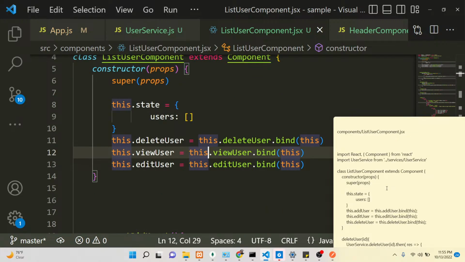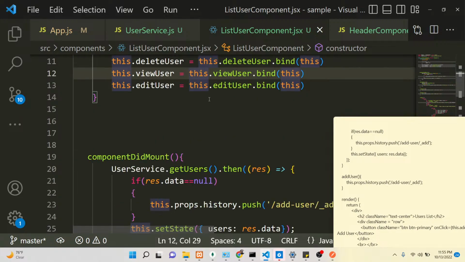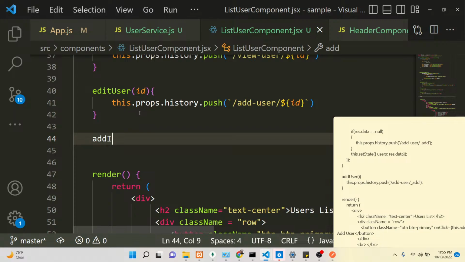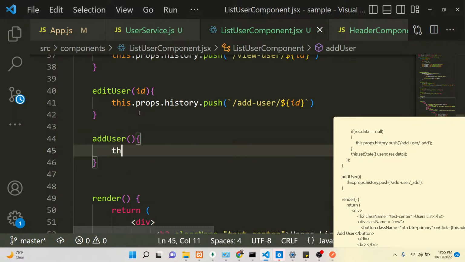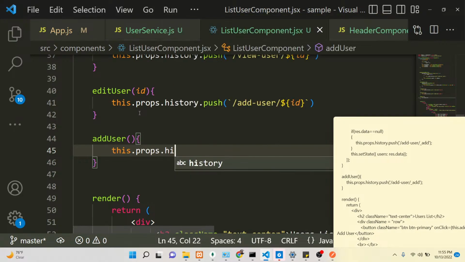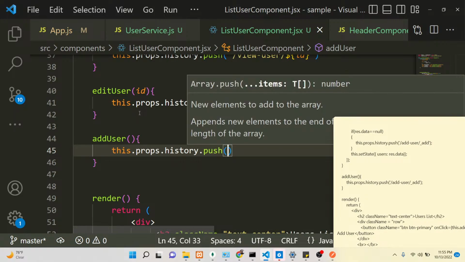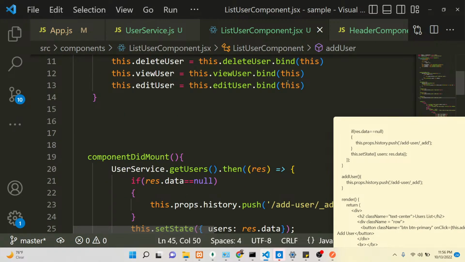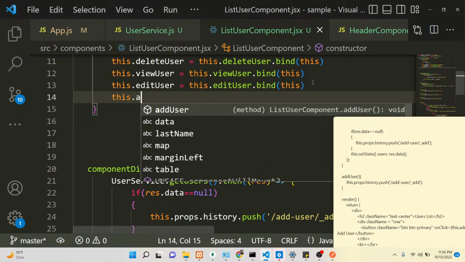And also, guys, if you see, we have the method also to add a new user. So add user doesn't expect any argument, and here we will redirect the user once again. History push, we will push the user to this route, which is /add-user, and this will be _add like this. So for this function we also need to add this.addUser